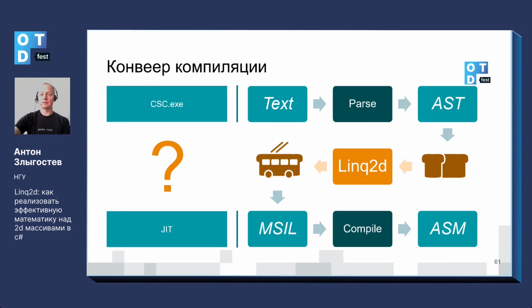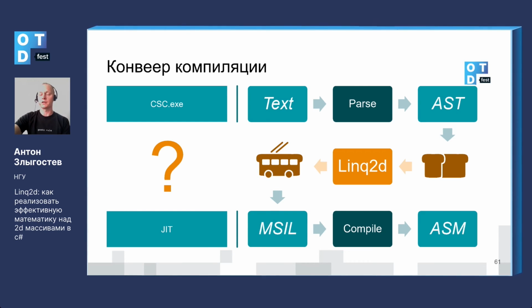and we don't lose in the performance. The code we get is on par with C++ in terms of performance. Yes, you can replace it with manual intrinsics or optimize the code for the processor, but it's much more work with a much higher probability of errors. And Linq2d has